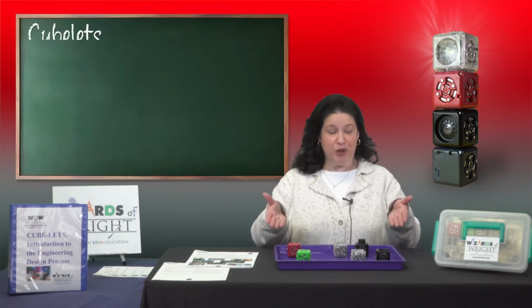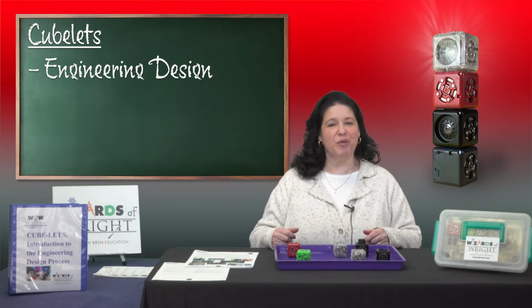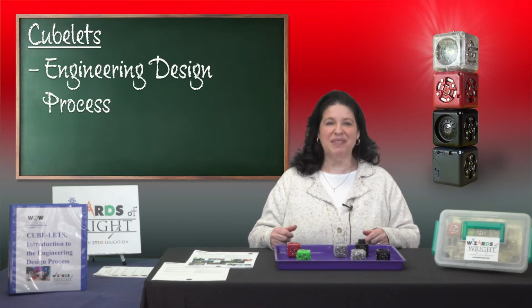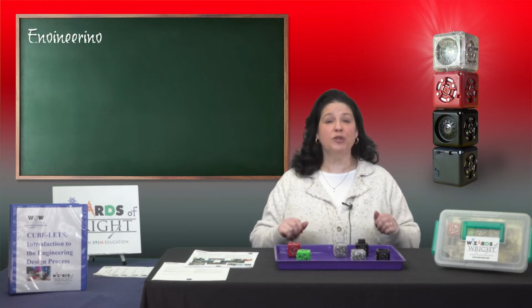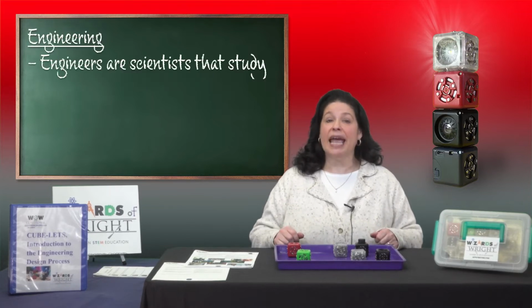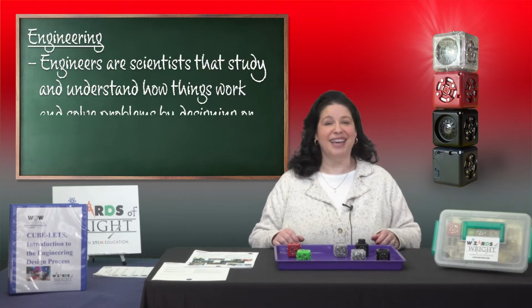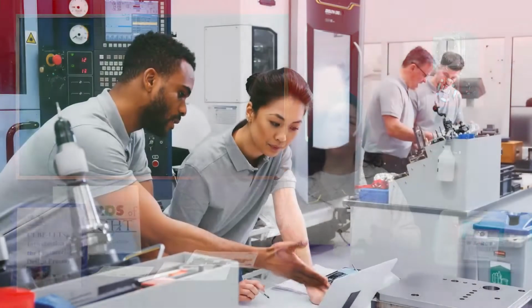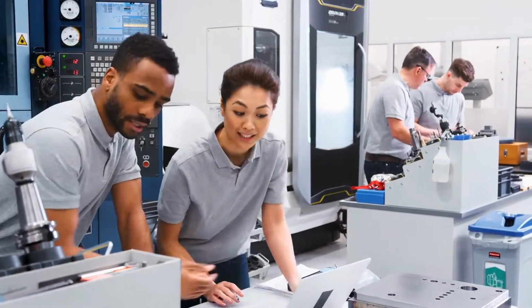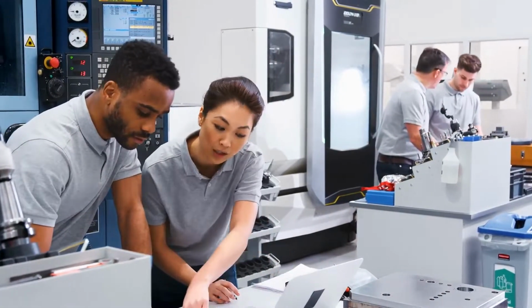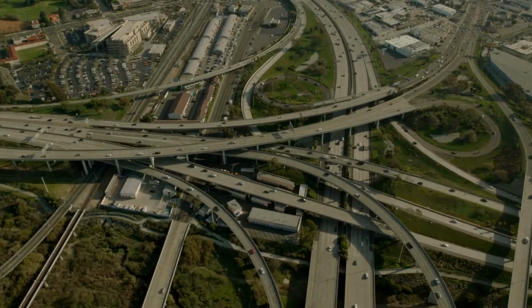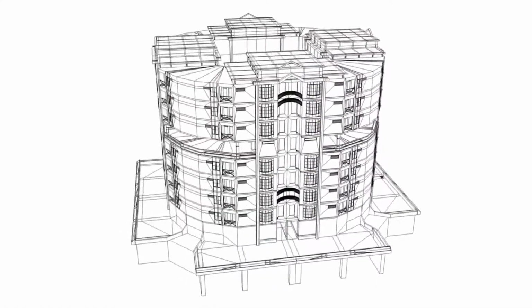Today you're going to use Cubelets, which you've already used and are familiar with, as you investigate the engineering design process. Let's get started. First, let's talk about engineering. Engineers are scientists that study and understand how things work and solve problems by designing or creating something new. There are all kinds of different engineers. Some engineers design products and machines like cars, airplanes, and computers, while some engineers build structures like roads, buildings, and